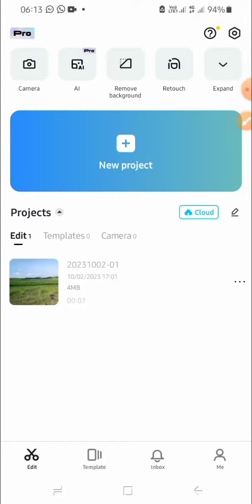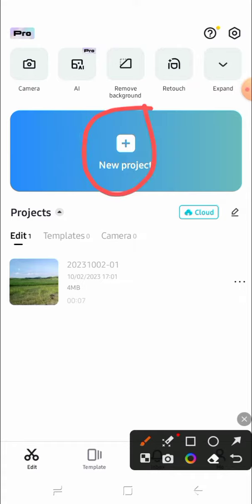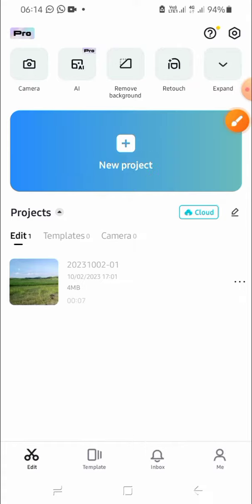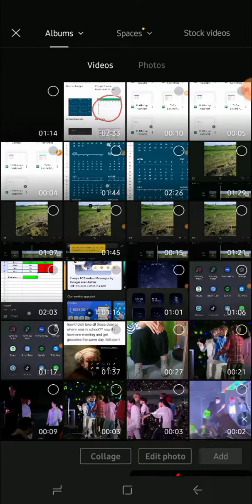In today's tutorial, I'm going to show you how we can edit a picture on CapCut. First of all, open your CapCut app on your phone, then you have to create a new project. Then choose the photos or pictures that you want to edit, and before you choose it, you can click on